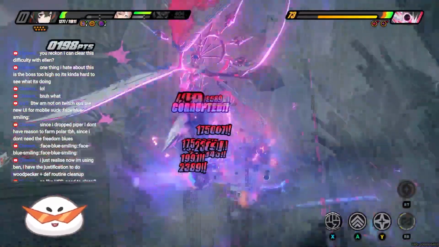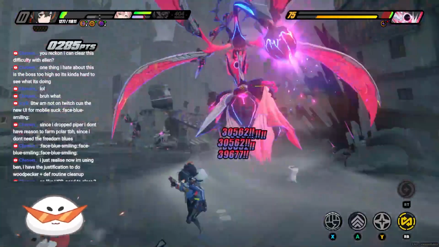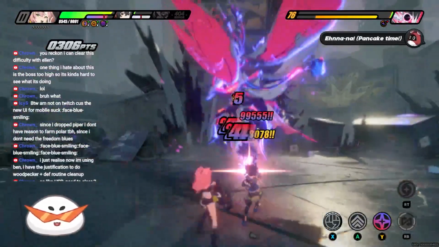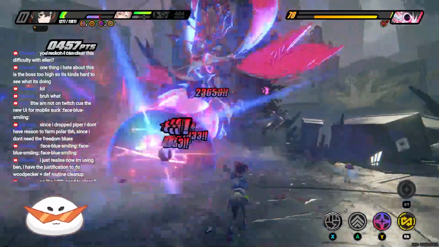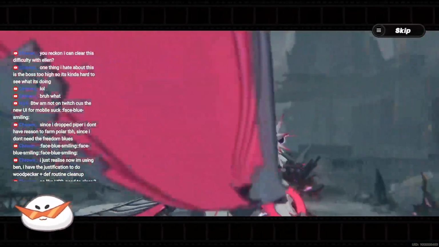So I finally beat the Withering Garden difficulty 11. Honestly speaking, it was pretty fun, but at the same time, this is definitely the hardest content we have in the game right now, even more so than Shield Defense. And for today's video, I'll be sharing some tips I have learned through my runs that I did in the